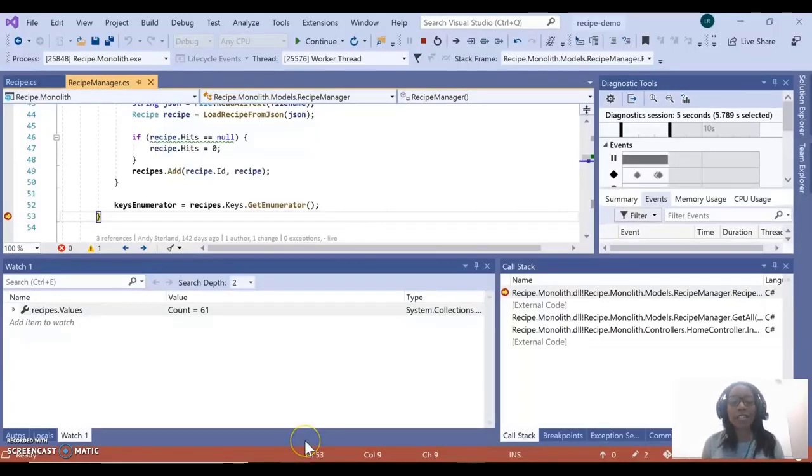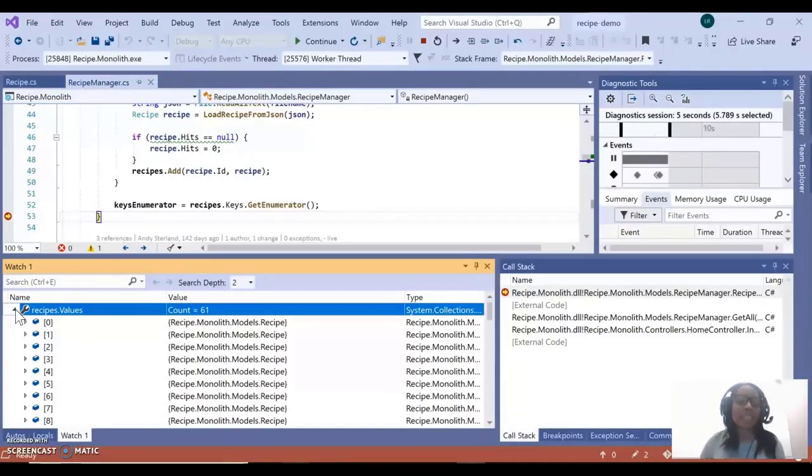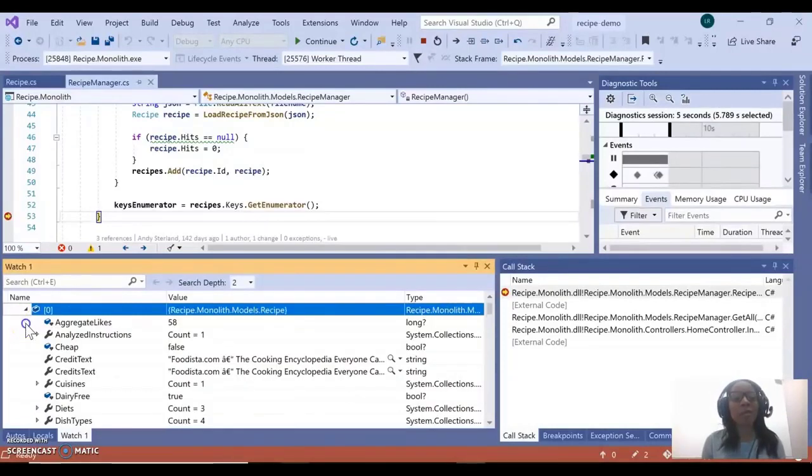In order to showcase this feature, I have this .NET Core application in Visual Studio 2019, and I also have this list containing a bunch of different recipe objects. In this case, I just want to go through all of these recipe objects and locate individual ones. But at first glance, the moment I expand this, I am ready to be annoyed because I have 61 objects contained in this list. If I wanted to, for instance, find all recipes containing salad, I'd have to expand each one of these,